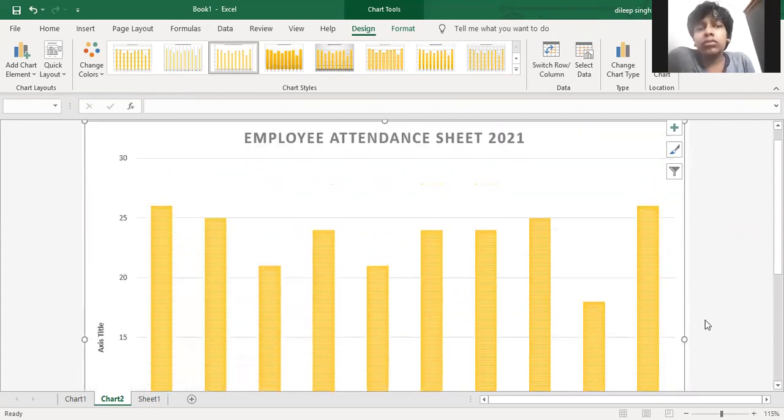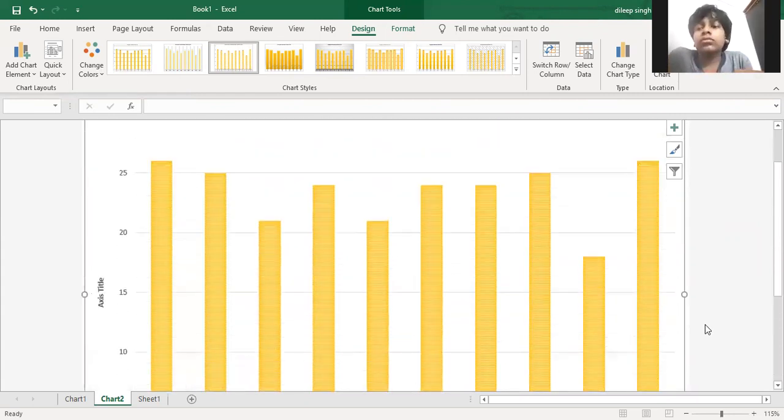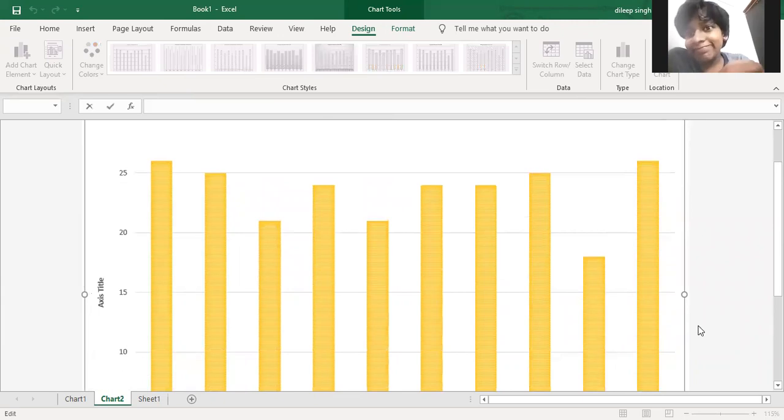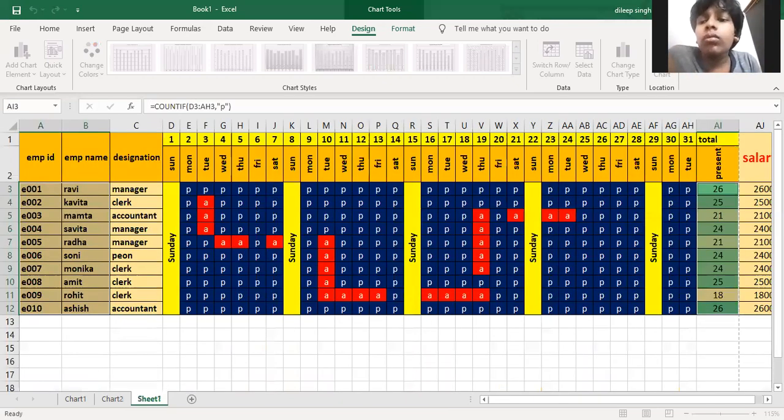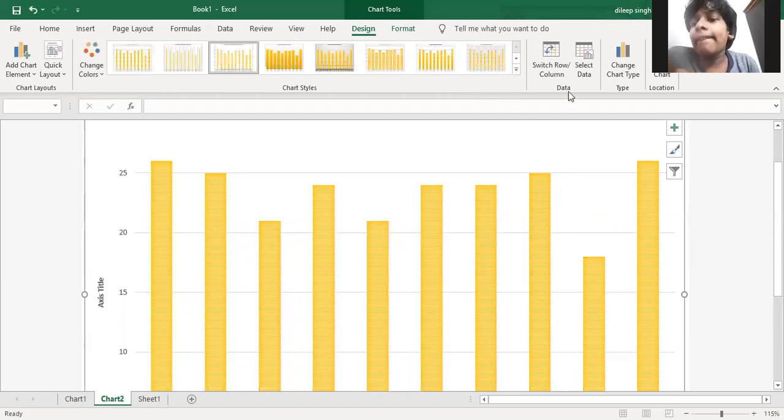We can take the printout by using Control plus F2. Just see there, you will get the preview of this particular chart. Control plus F2, or you can use Control plus P to take the preview of this chart. Clear? And if you want to shift the particular chart onto our other data, you can go with another chart option. Just select it. And here, if we want to take a print view, just press Control plus F2.